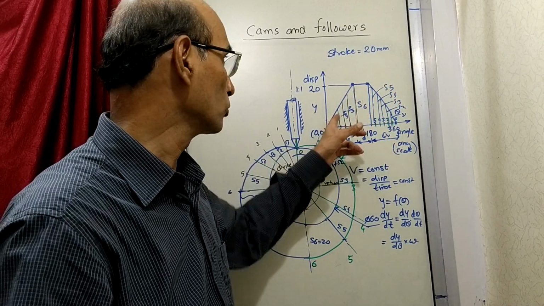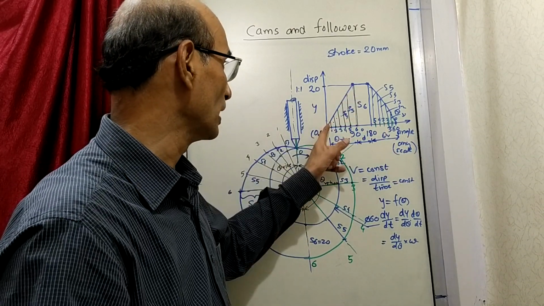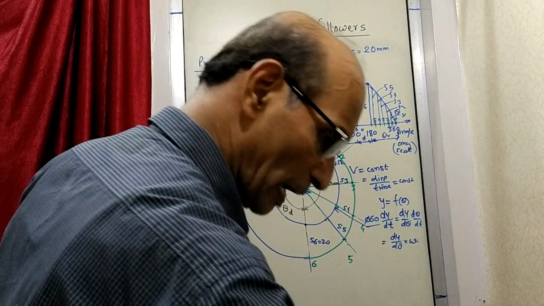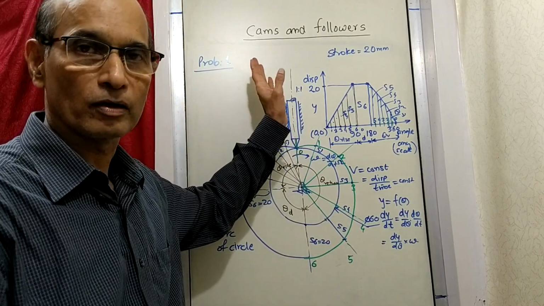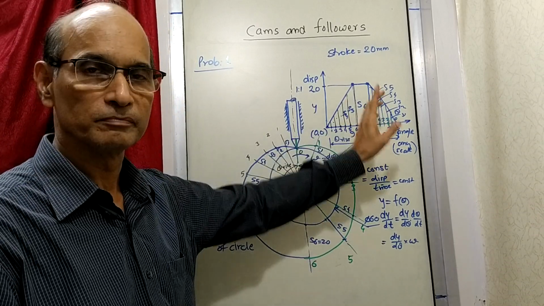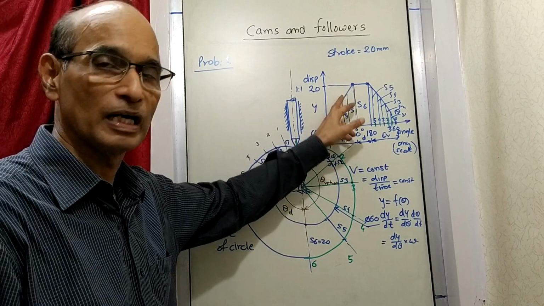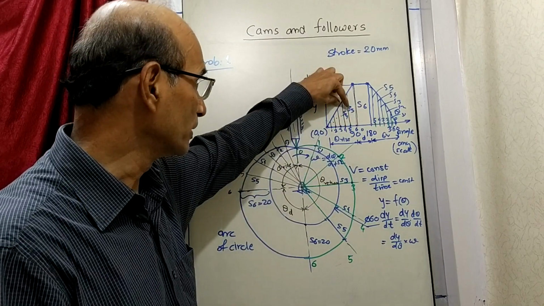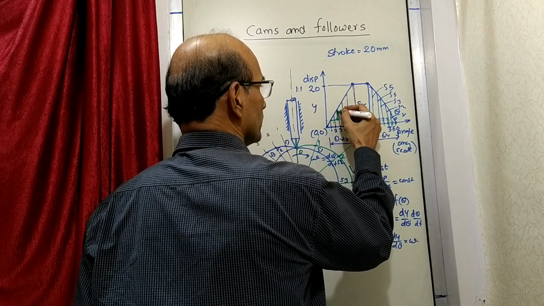This graph shows how the displacement versus time or angle is varying, and that shows that it is a uniform velocity case. So what it shows is that the cam is lifting the follower with a constant velocity, and it is coming down also with a constant velocity, and we ensure that by drawing a graph here which is a straight line, which represents constant velocity. Straight line means that distance and time, that is constant. If you take anywhere, if you draw triangles, then this is dy, this is dx.